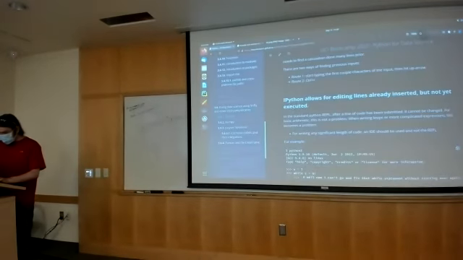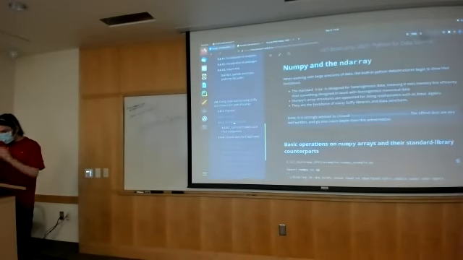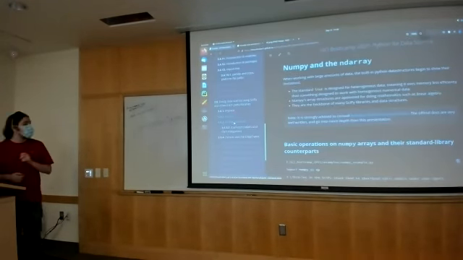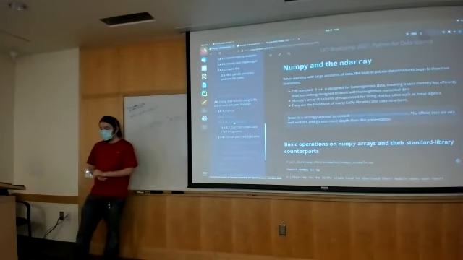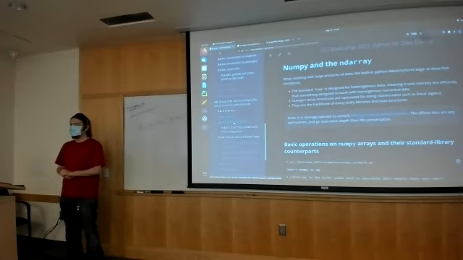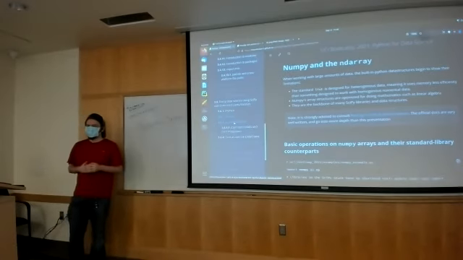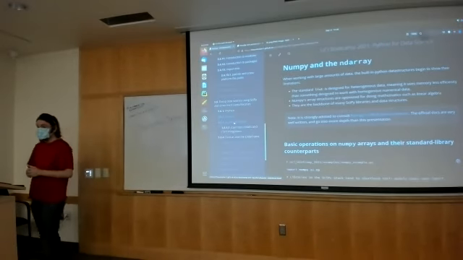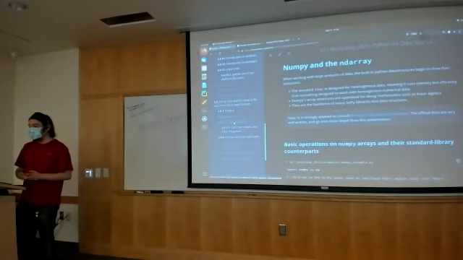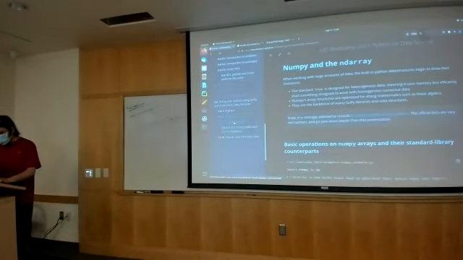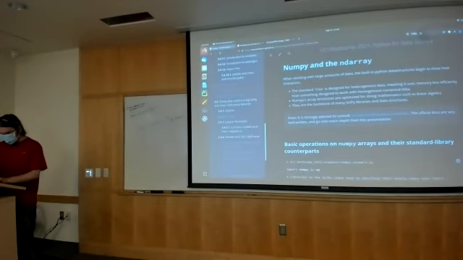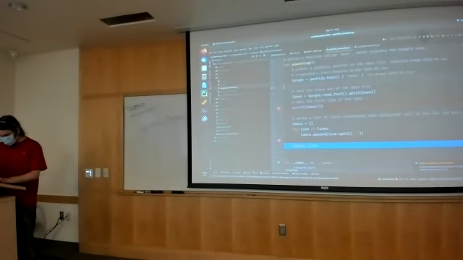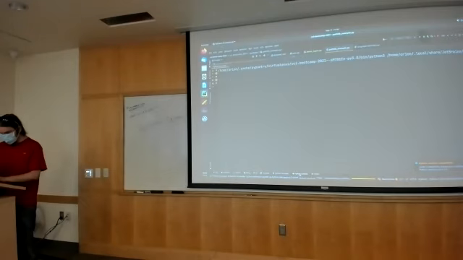That's IPython. The next one I'm going to talk about is NumPy and the ndarray. So now we're actually getting into the domain-specific stuff. NumPy is at the core of most of the scientific Python libraries. It provides efficient storage for numerical data. I'm going to go ahead and, let's see, I can't do it from there, so we'll do it from here. All right, so if I go back into my Python console,